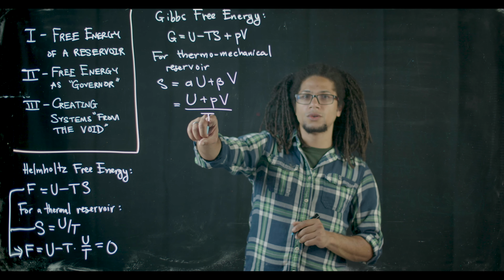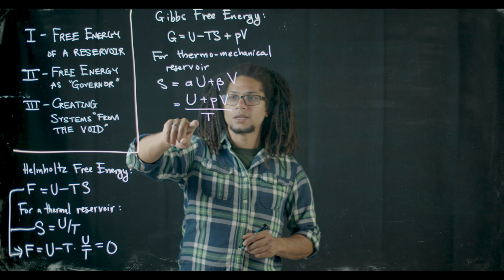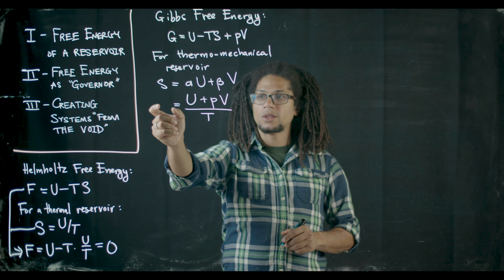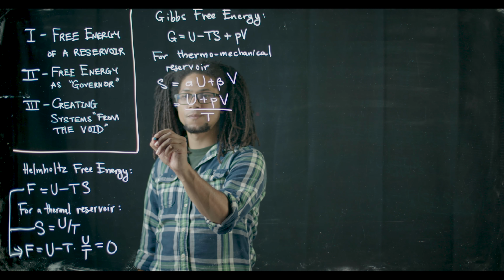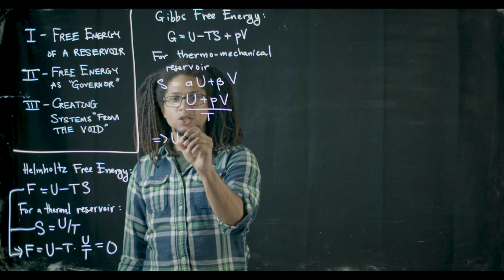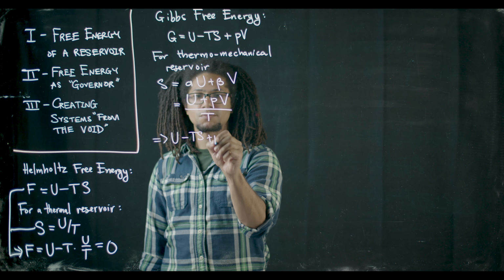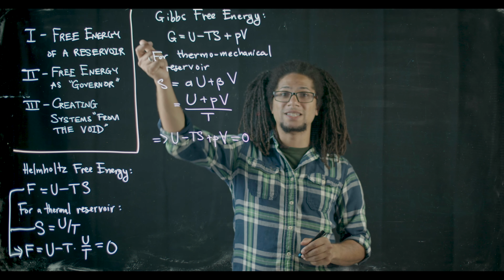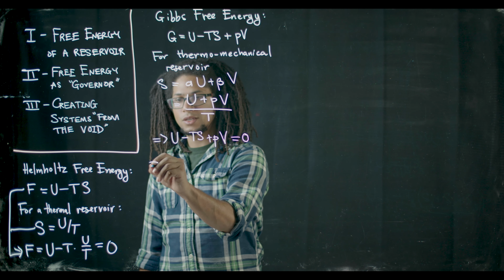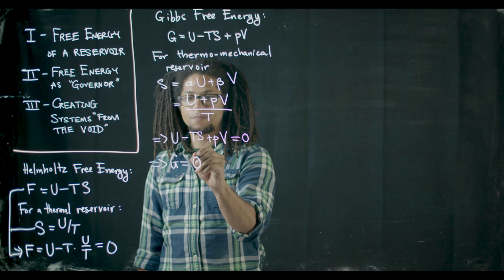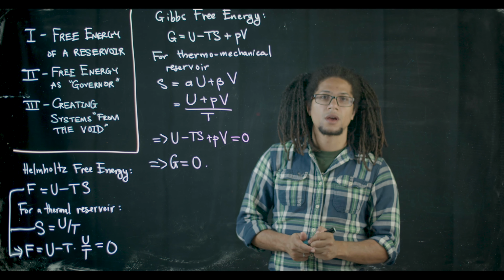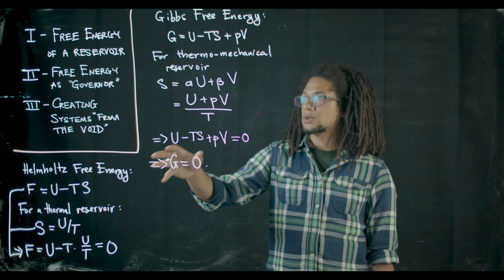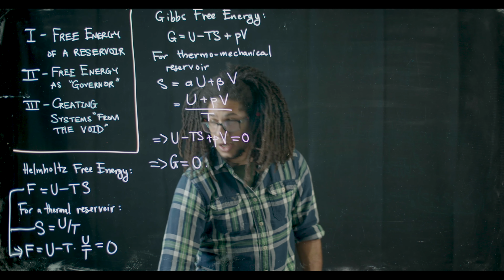Now, let's do the following. We'll multiply T through on both sides. Then we'll move the TS from the left-hand side here to the right-hand side. And that will give us U minus TS plus PV is equal to 0. But then compare with the definition of the Gibbs free energy. This implies that G is equal to 0. Okay, so this gives us a sort of lemma that we'll need as we go on to our next discussion